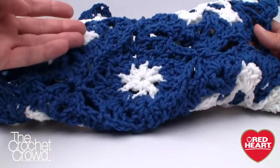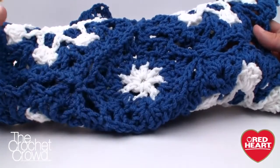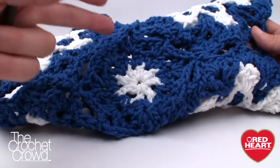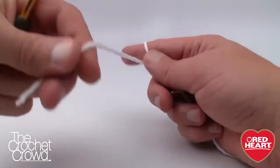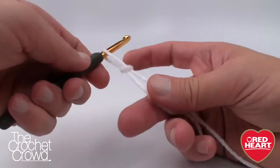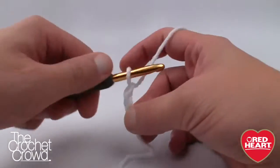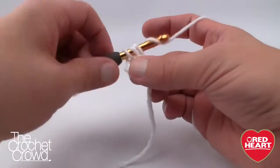So you will have an entire afghan missing this whole section in between the large motifs, and you just fill it in as you go. So we're going to be using 2 colors. The middle color, the starting color, is your Snowflake, and then the remaining color is the exterior, just like so. Let's begin to do the center, and this is the filler motif as per the instructions, and what we need to do is just start off with a slip knot just like this and just chain 4. So 1, 2, 3, and 4. Let's join it with the ring like so,